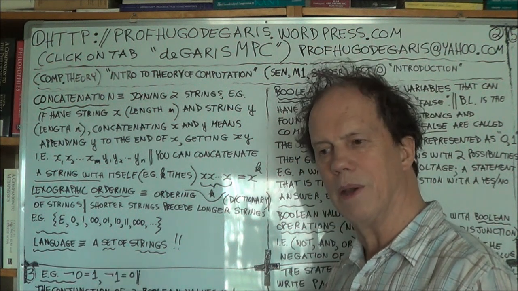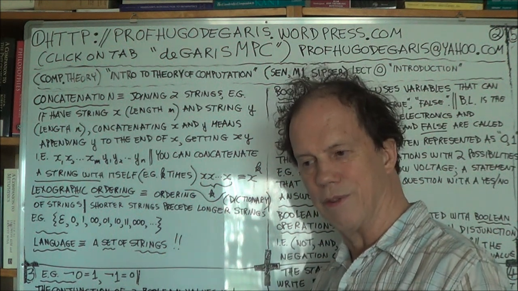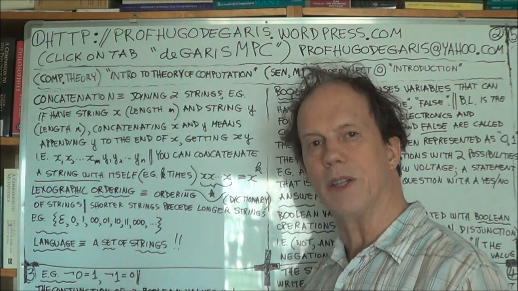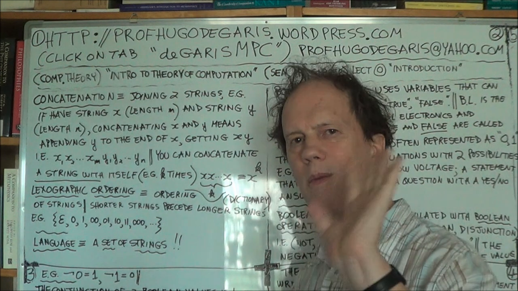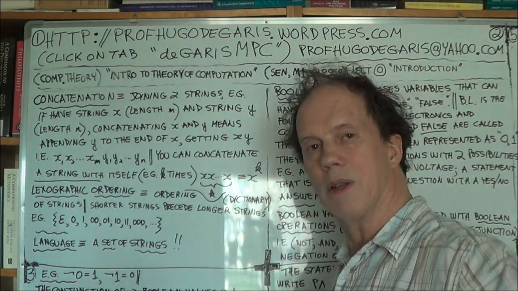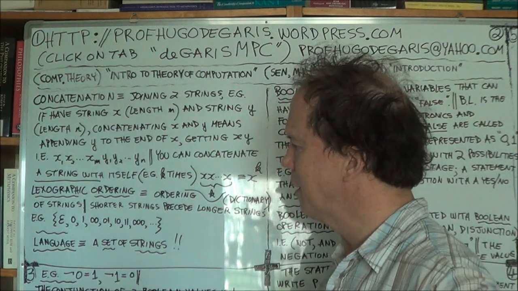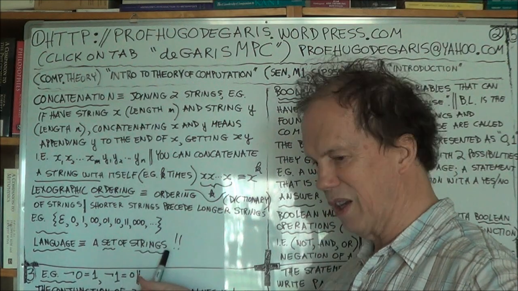In fact, the grammar pretty well defines the language, because it specifies which strings are allowed in your language. Okay? If you didn't follow that, don't worry too much, because we'll come on to that at length in the future. Okay? So just think of a language as a set of strings, which is